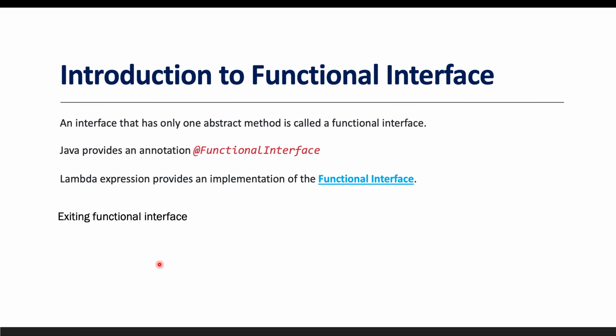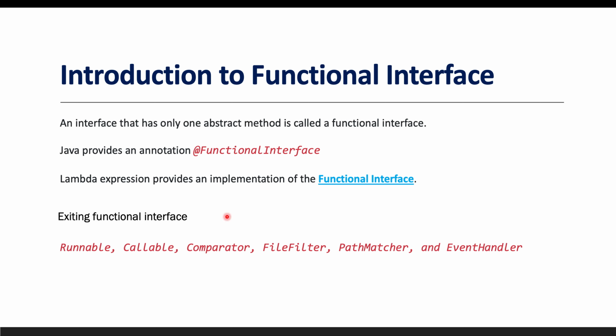Okay. Now here one question arises: are functional interfaces new? Are there any existing interfaces which have exactly one abstract method? Can we call those interfaces functional interfaces? The answer is yes. There are already a couple of interfaces available inside Java, even before Java 8, which contain exactly one abstract method. Like Runnable, we know there is a method called run; Callable, the call method; Comparator, the compare method. Like that, there are so many interfaces already available which have exactly one abstract method.